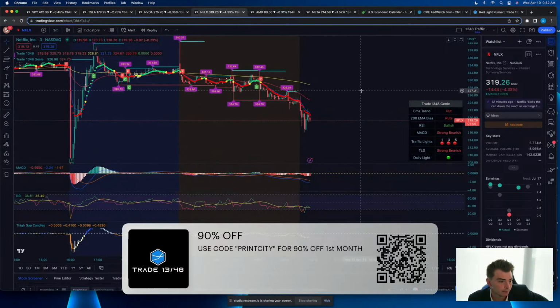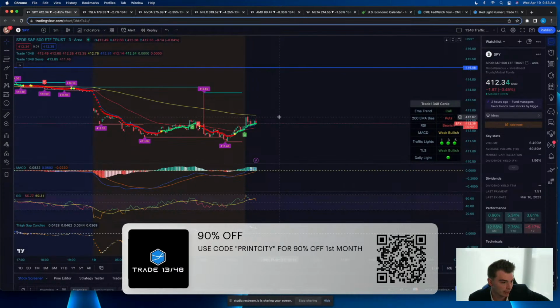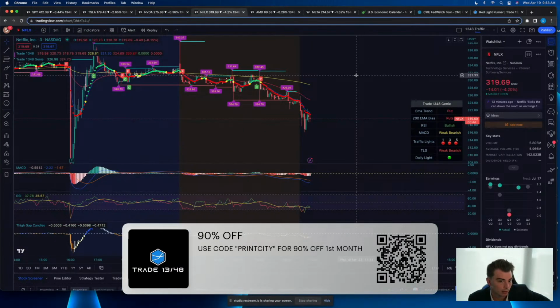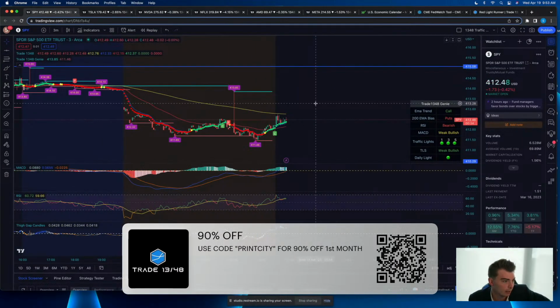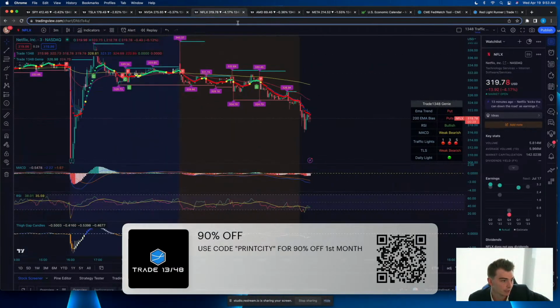Let's see. Spy needs that break of this 3-minute. This is reminding me of all the bullshit consolidation that we were just dealing with. You know? Like we've been in this nonsense chop area. If it can break above here, yeah, you could have some fun. I mean, you got 7 minutes until 10. There's no data coming out at 10. It's just flashing.